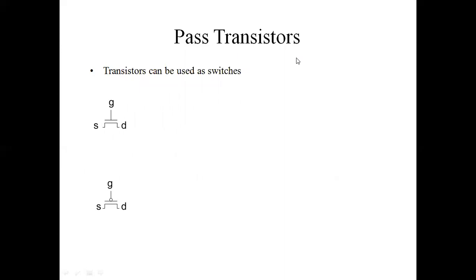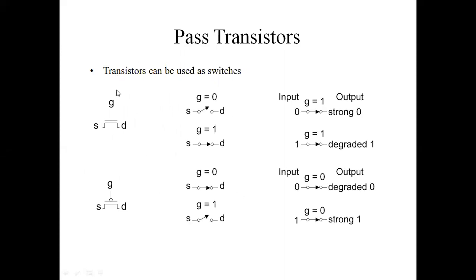So let us discuss the pass transistors, means how the transistors are acting as a switch. It is the example of the NMOS and the PMOS. So you know that for the operation of NMOS, we require the gate voltage equal to logic 1. When gate voltage equals 1, that is at the logic level 1, your transistor becomes on and it acts as the closed switch. But when the gate voltage is equal to 0, it acts as the open switch. So the reverse condition is present for the PMOSFET: when gate is equal to 0, the MOSFET acts as a closed switch. And when gate equals 1, the MOSFET acts as an open switch.